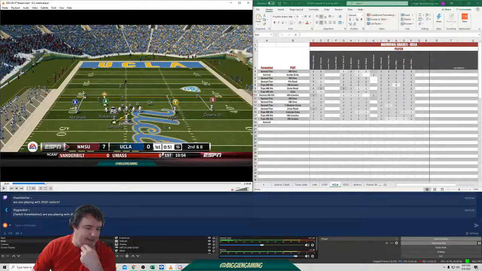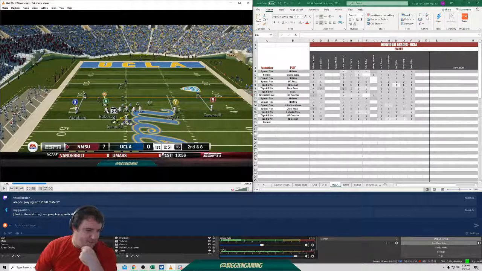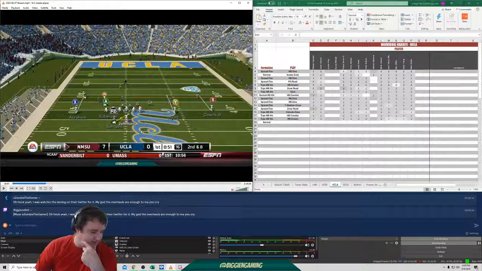So I downloaded a roster off of Operation Sports, Irish Sky 2018. That's the one. And they were still kind of updating it when I downloaded it and had started my dynasty. They didn't have Roberson in. Roberson's a transfer tight end from UCF. He wasn't on the roster. And they accidentally had 2 receivers that were on the roster that were no longer with the program. They've transferred out for this season. But everything else is pretty accurate.